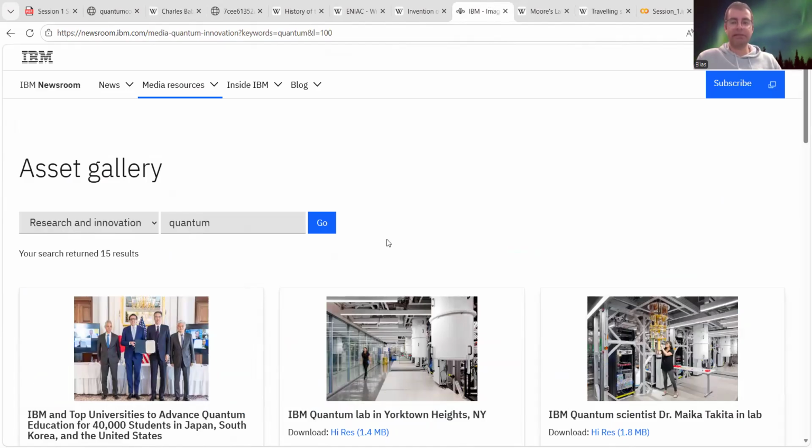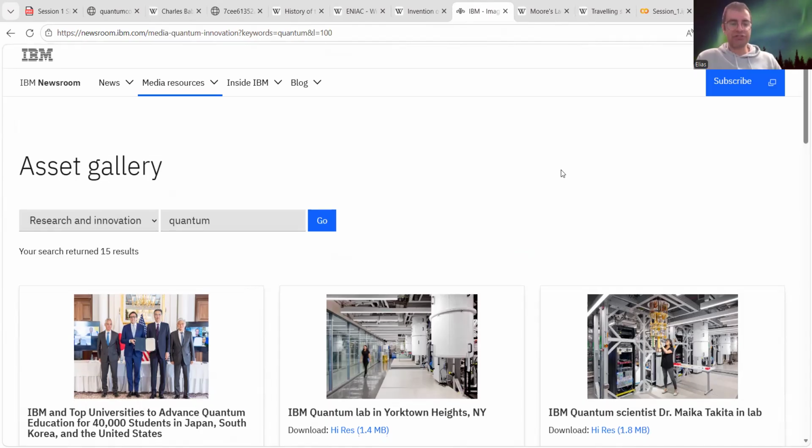IBM back then was one of the leaders in this field, and they still are, of course, one of the leaders, and I would say probably the most important leader here, because they are at the forefront of a lot of innovations. Not that others are not important, including the research done by Microsoft, by Google, by IonQ, and Pascal, and many other companies that are actively doing a lot of great research in this field.